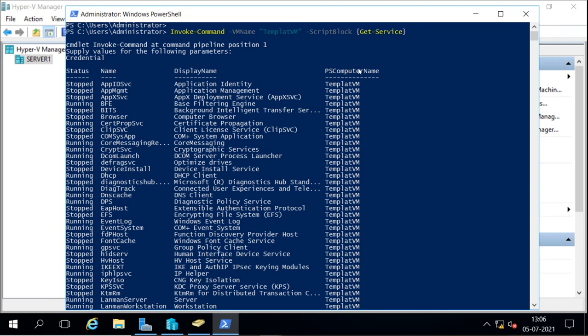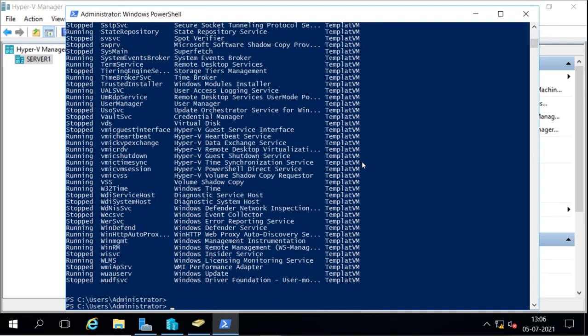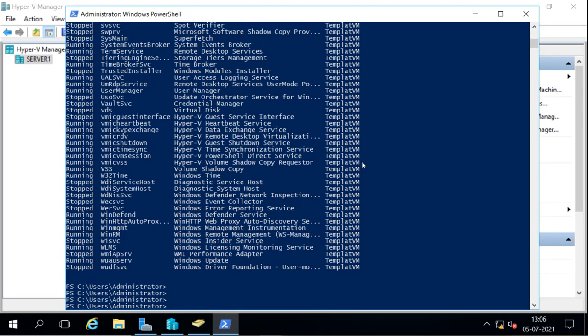So this is PowerShell Direct. We can connect to the virtual machine from the host directly without having a network connection or network features enabled, and it is called Windows PowerShell Direct. We can also invoke the commands directly without accessing the server.